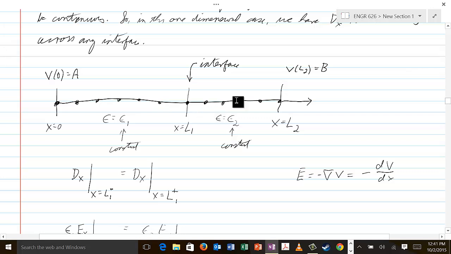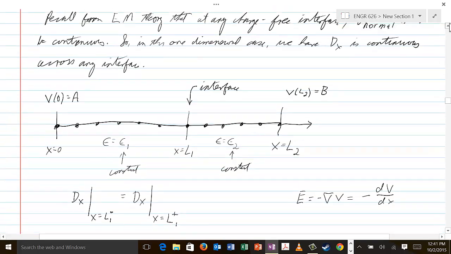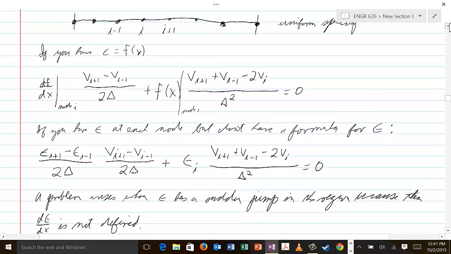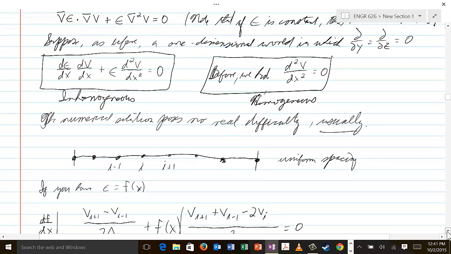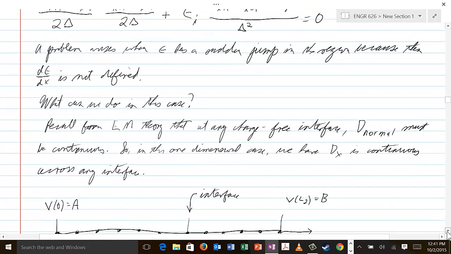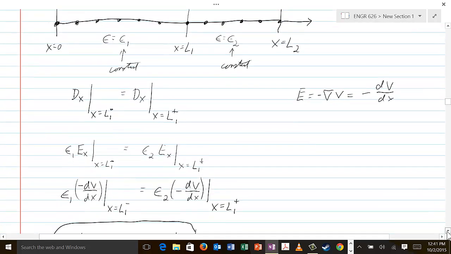Now the overall region is inhomogeneous because epsilon 1 is not equal to epsilon 2, so there's a sudden change in epsilon at this interface. But the subregions are both homogeneous. So in both of those regions individually, we come back up here and we have this equation, d squared v dx squared equals 0. It's only at the interface that we have something different. So when we come back down here to the problem that I want you to code,